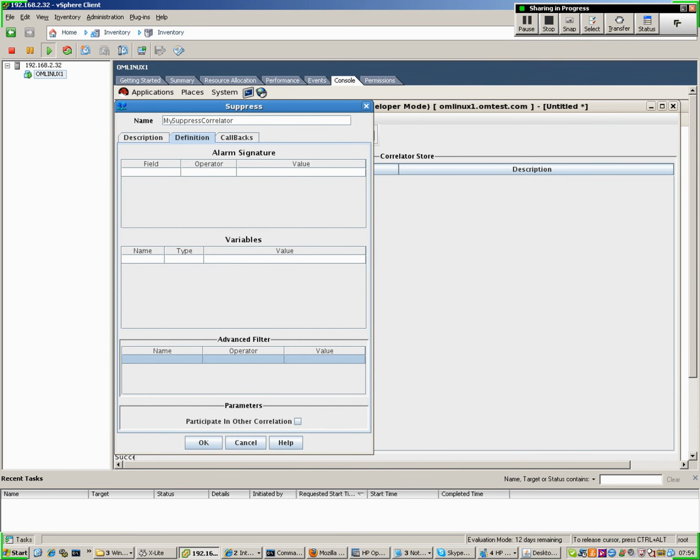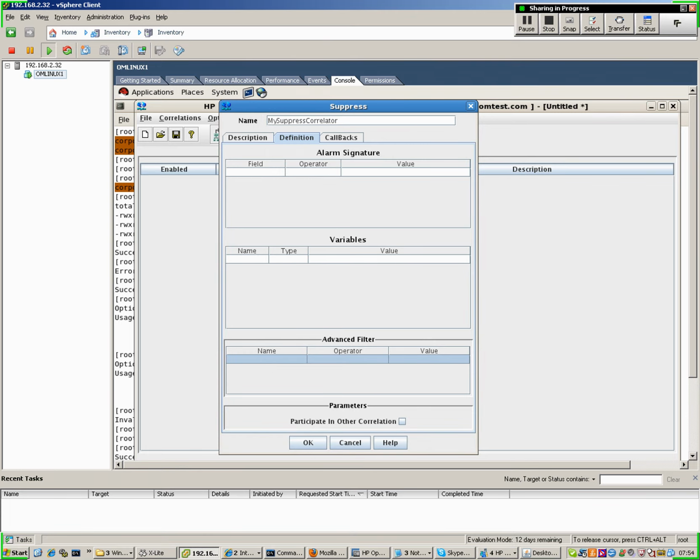In the definition part, this is where you do most of your configuring. So with Composer correlators, there's three basic parts. You've got the alarm signature, you've got the variables, and you've got the advanced filter section. The alarm signature decides whether this message is going to be accepted by the correlator. So for example, if I specify here that the application field equals test,